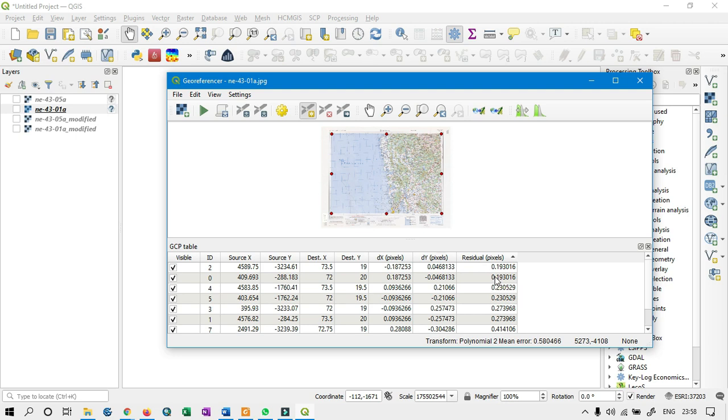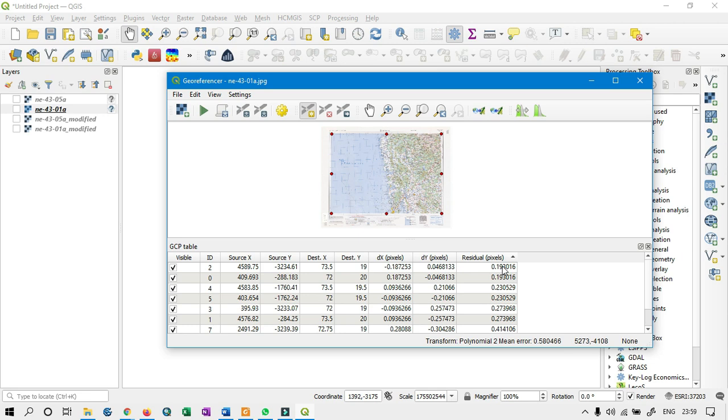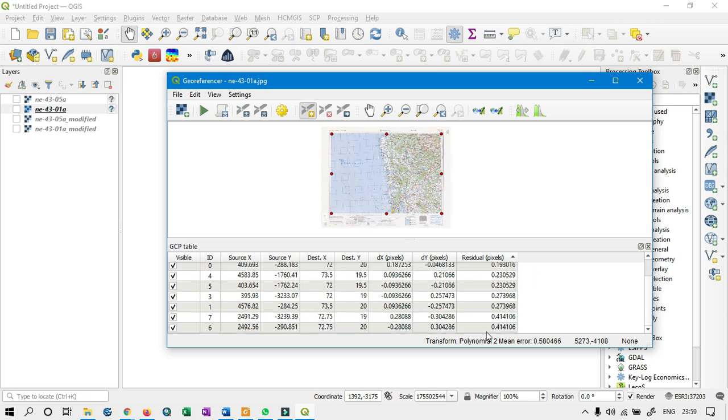For example, if I consider my GCP point number 6 has the maximum residual value, that is 0.41, that means 7 and 6 are the points where most of the error has occurred. So the minimum residual means the minimum error and the maximum residual means the maximum error. Generally we consider that the residual values should be kept as minimum as possible, but less than 1 is mandatory.